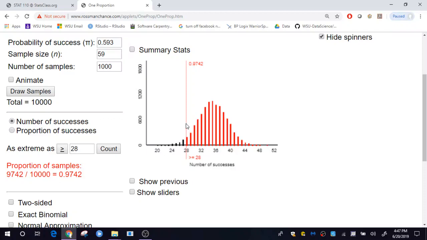In our example, we want to actually use the dots to the left of 28 because we're interested in whether or not 24 was too few individuals being paroled. So I'm going to want to switch the inequality over here to less than or equal to. And when I do that, I can see that out of these 10,000 simulations, 4.4% of them sit at 28